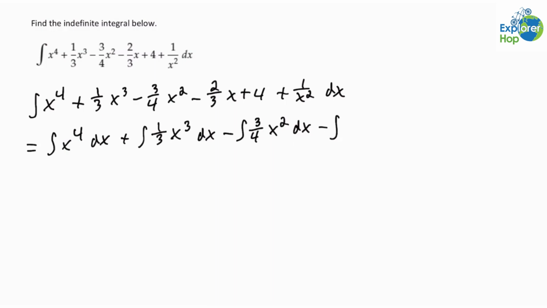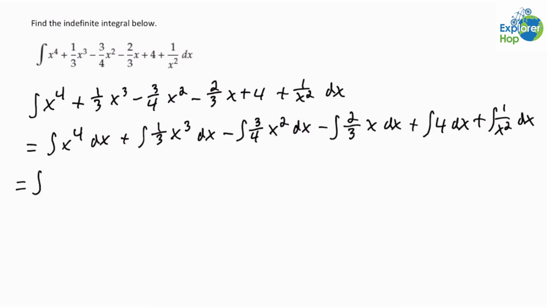minus the integral of 2/3 x dx plus the integral of the constant 4 dx and plus the integral of 1 over x squared dx. And now we apply the constant multiple rule to get that this is equal to